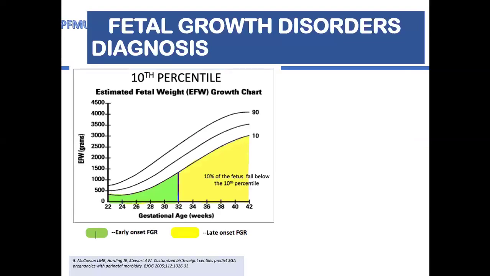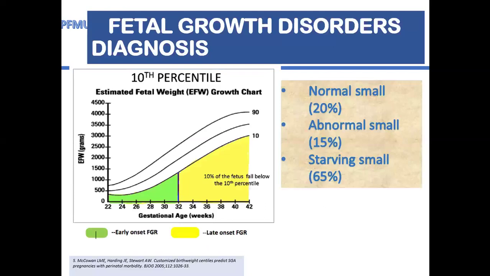So fetal growth disorders diagnosis. I will mainly zero in on the SGAs because these ones are quite a huge chunk of what we come across at our fetal medicine units. Why? Because there is a high prevalence of preeclampsia or hypertensive disorders of pregnancy in Zimbabwe. So these ones mainly result in the stunted growth of the babies. So of all the SGAs,